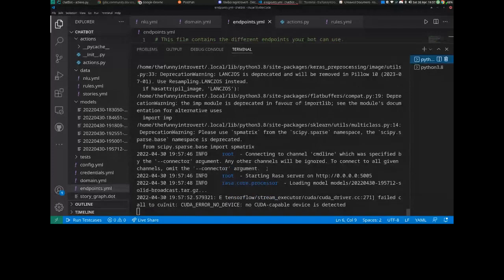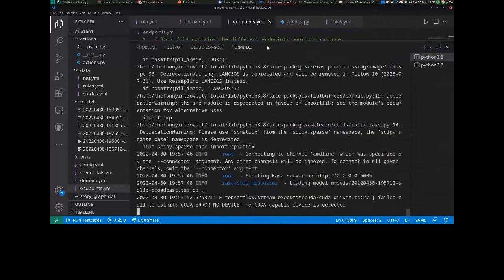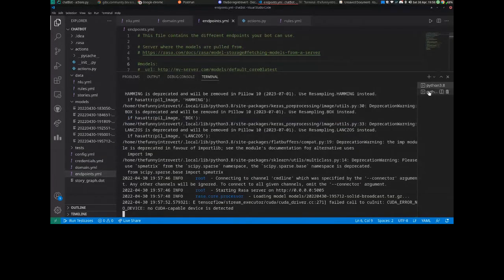Was anyone able to run the command or did everyone get the error? Avinash, Vansh, were you able to run? It will take a while. Is it running? Okay. And I'm audible, right? Yep, I'm audible.